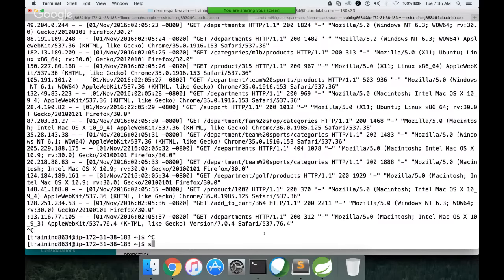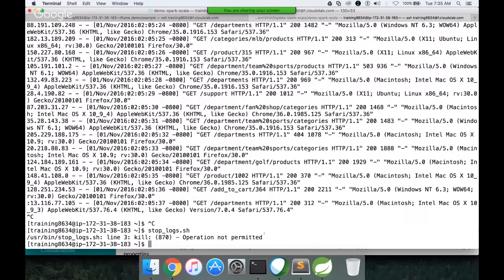If you want to stop, you can run stop_logs.sh. Okay, they did not give you the permission to stop. Probably they just keep on running the logs,